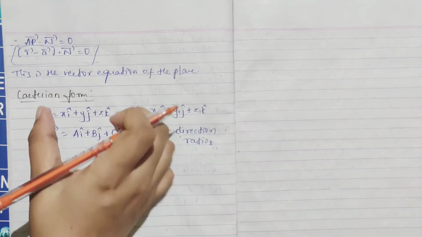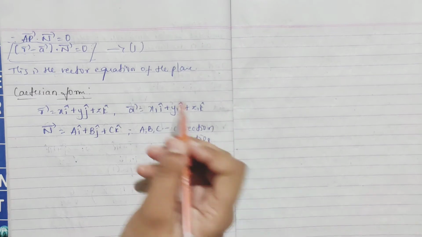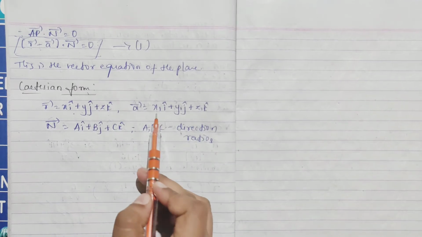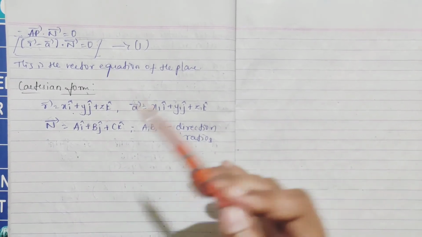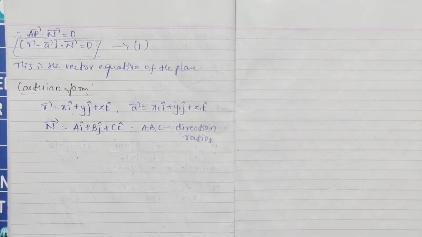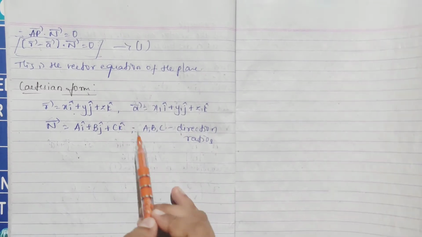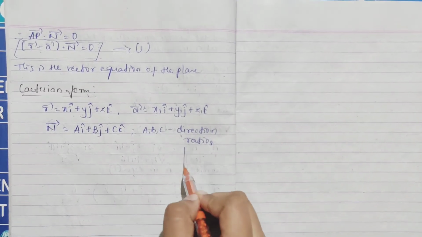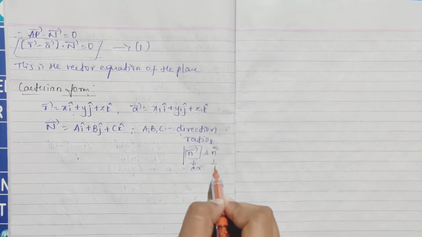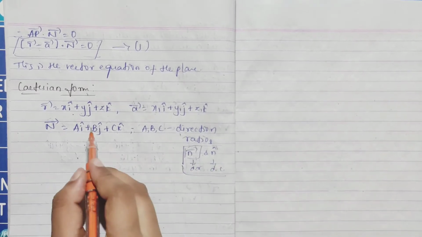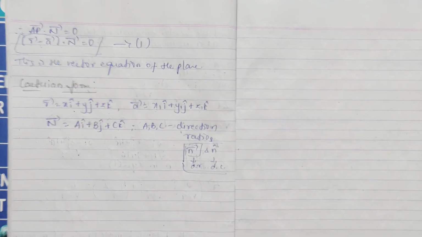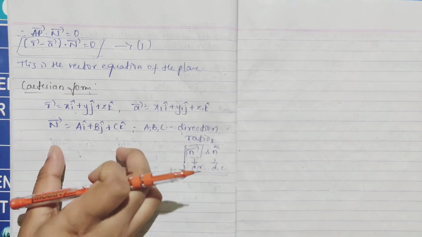Now we'll see the Cartesian form. To form the Cartesian form, we have to substitute in this equation; take this as equation 1. Vector r is x i cap plus y j cap plus z k cap, I don't need to tell you again why. Vector a, the point being x1, y1, z1, so OA will be x1 i cap plus y1 j cap plus z1 k cap. The n vector is taken as a i cap plus b j cap plus c k cap, where a, b, c are direction ratios. There is a difference between your n vector and your n cap; here you are taking direction ratios, whereas in the other case direction cosines, which we have done. Generally we write n vector as the normal vector perpendicular to that plane. Everything will be substituted in this.